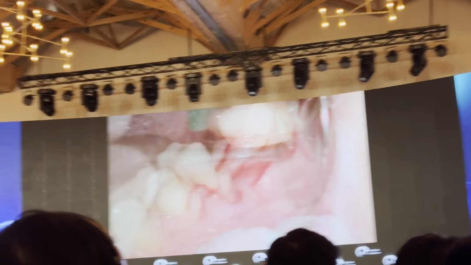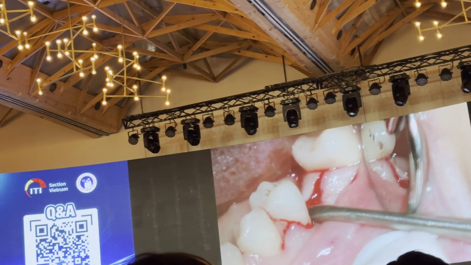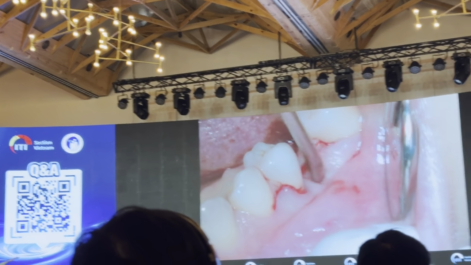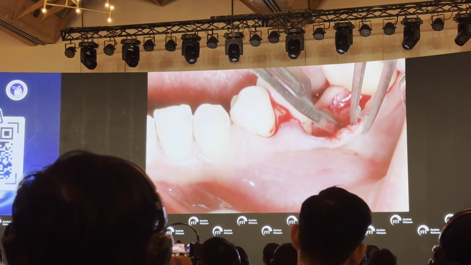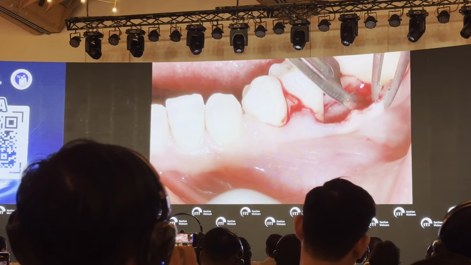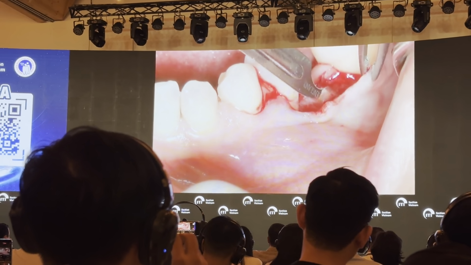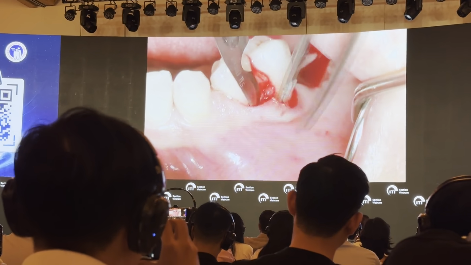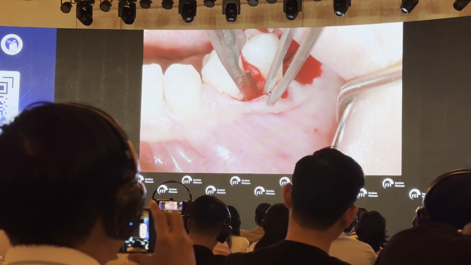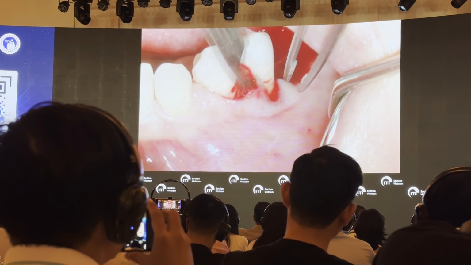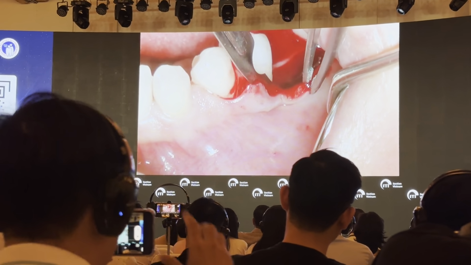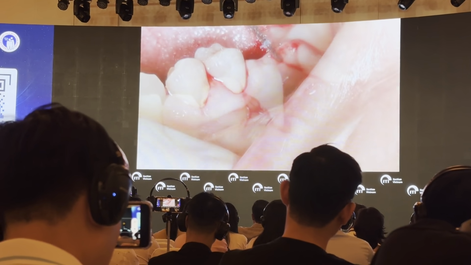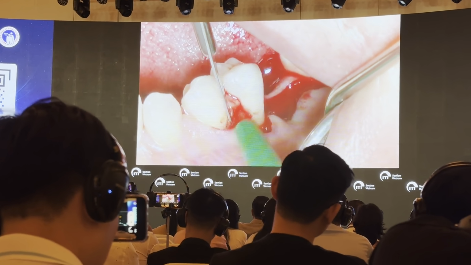So we raise the flap. We simply verticalize the tissue toward the lingual aspect in order to have access for the implant positioning. We perform some deep and superficial split thickness incisions to obtain the coronal advancement, which is a small coronal advancement. We don't need a huge displacement. When we feel that the flap is passive enough,